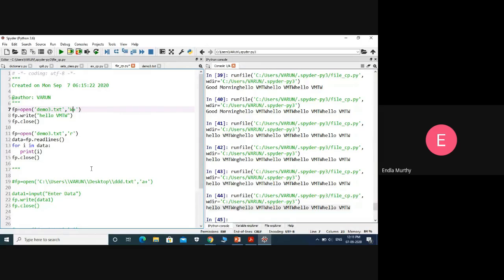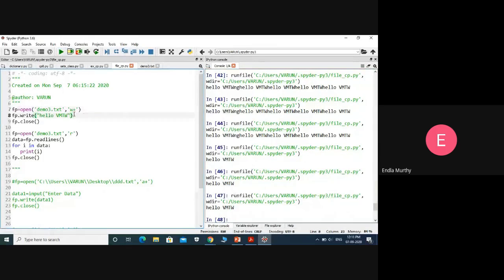So let me check in the w plus mode. Same thing, it is repeating only 4 times, right? Okay, so if we observe the w plus mode, here only a single time, then also hello world here we are printing, right? So even if we open in the w plus mode, it is truncating all the data we have previously, and it starts from the first position, right? If it is a plus, then it appends, that means it starts from the end of the file. So we are keeping the previous data, and it enters the data we are inserting, right?